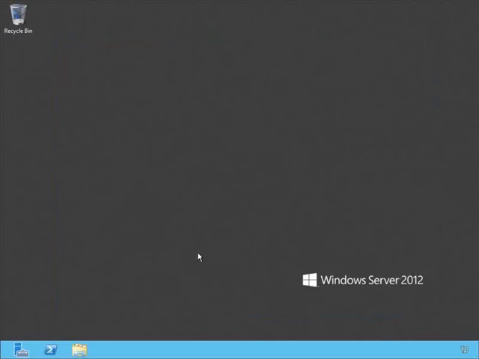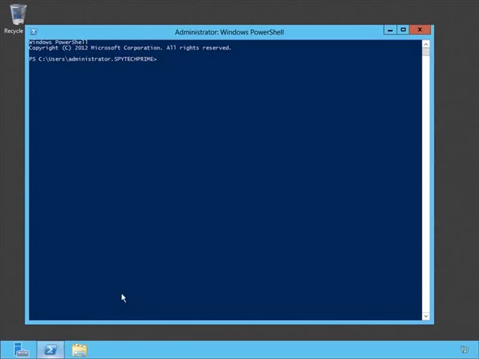Before we do that, we need to make a change in terms of the settings. We need to install a Windows feature, the RSAT-ADDS feature. And so basically this is for the remote set of tools. So if we open up our PowerShell here, what we're going to do is we're going to type Install-WindowsFeature